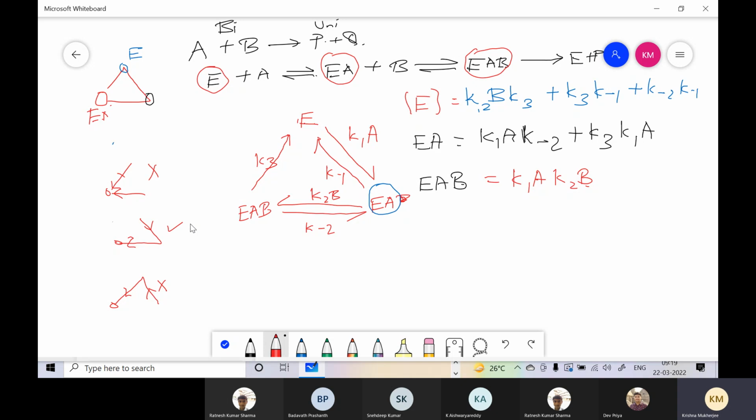This is something which I had pointed out in the class. So we have now the reaction velocity as V by V max, which is the same thing as EAB, because EAB leads to all the products, upon the sum of all these, it's often called the